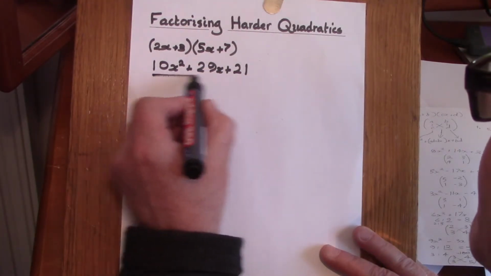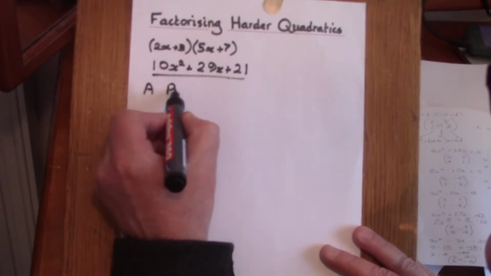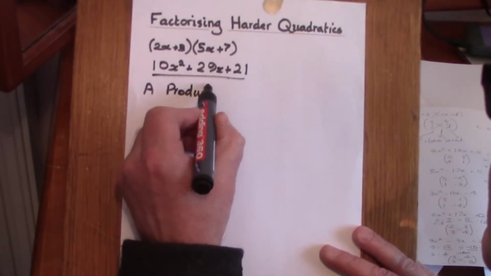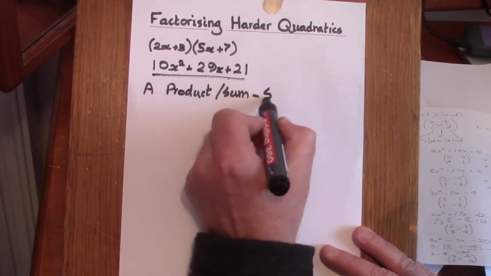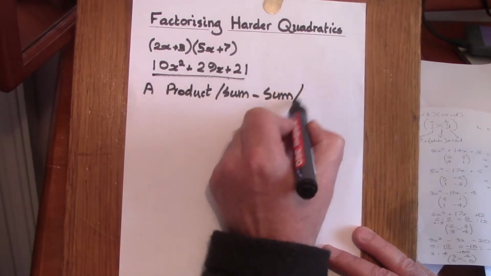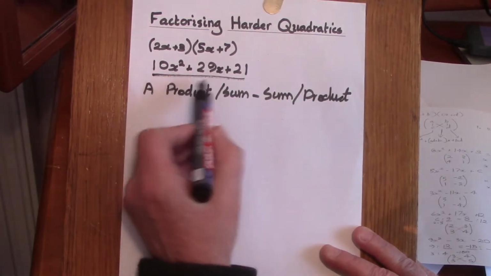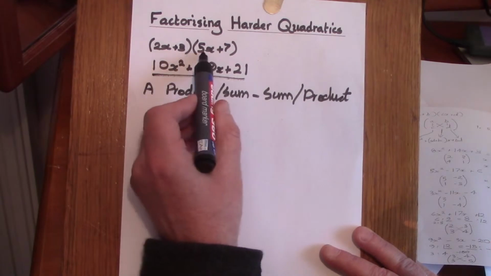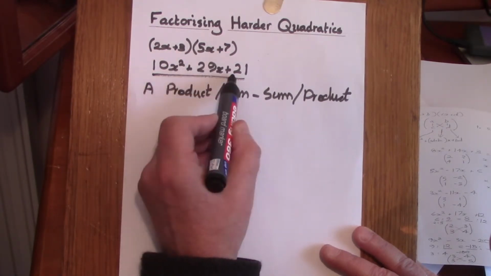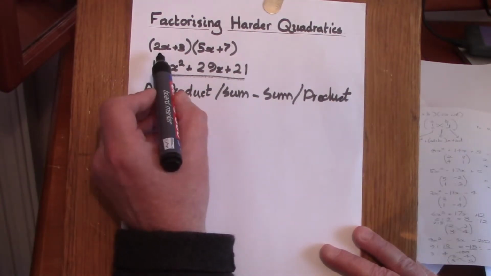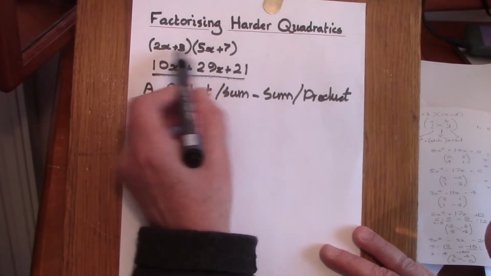Now the first property, property A I'll call it, is the product sum product formula. Product sum product. And what this states is that the product of the sum of the coefficients in the factors is equal to the sum of the coefficients in the product. So the product of the sum of the coefficients of the factors, these are the two factors, and the